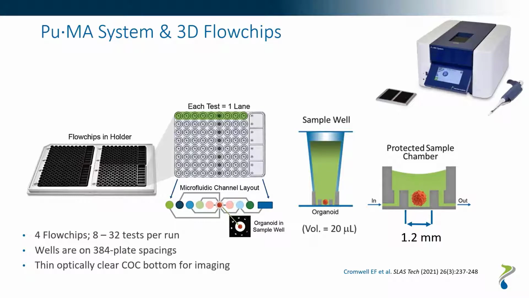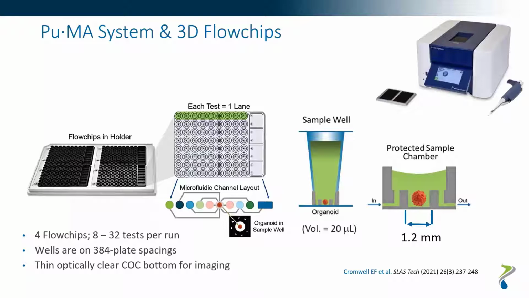Organoids are loaded into the sample well and located in a protected chamber at the bottom of the well. This allows reagents to be directed in and out of the sample well without disturbing or drying out the sample. The bottom of the flowchip is a thin cyclic olefin copolymer film, which makes it compatible with high-resolution imaging. The diameter of the protected sample chamber is 1.2 millimeters, which allows you to accommodate samples of 800 micron to 1 millimeter in size. The advantage of the system is that you can run 3D assays under physiological conditions, avoiding